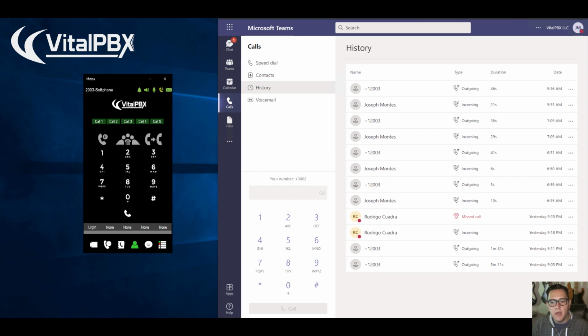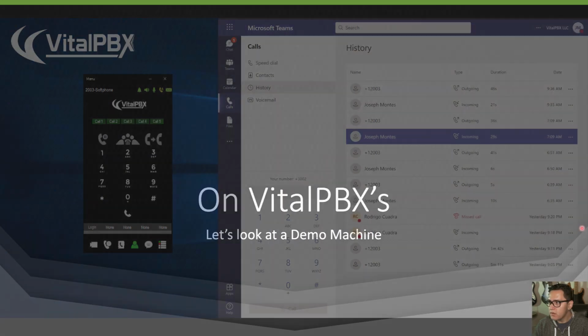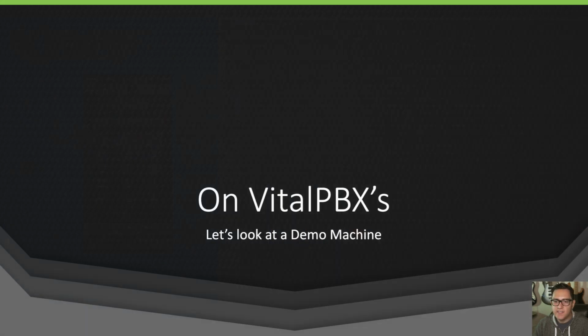So you're able to have that communication right on the ready. So it's quite exciting for us to have that connection on the ready. So that was basically a live demo of VitalPBX and Microsoft Teams connecting to each other. So if we go back to the presentation,